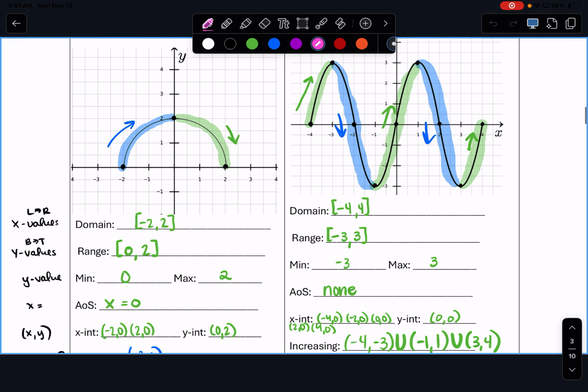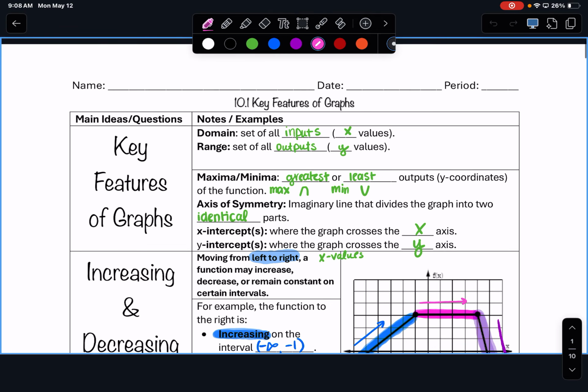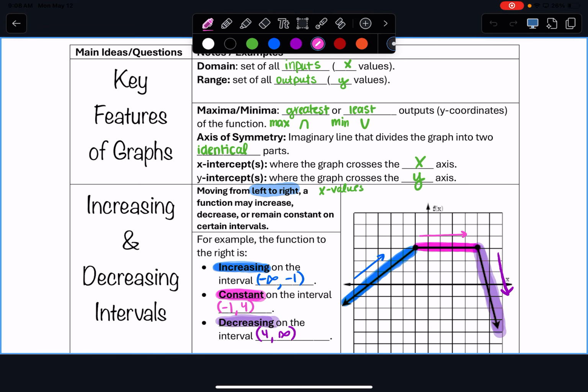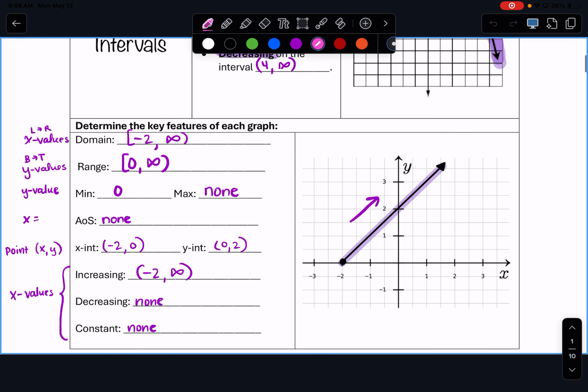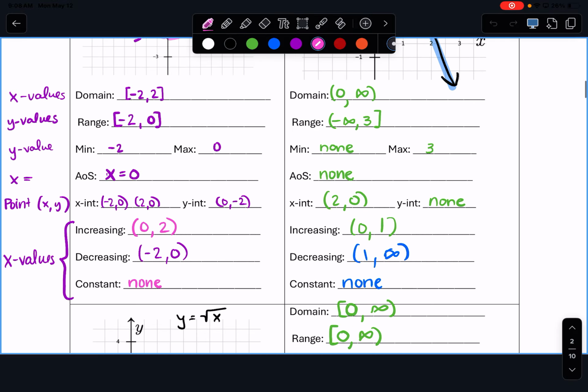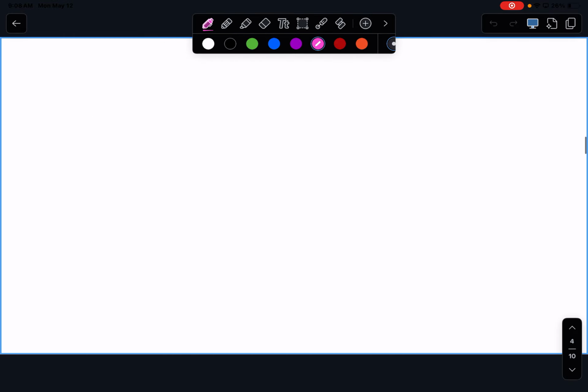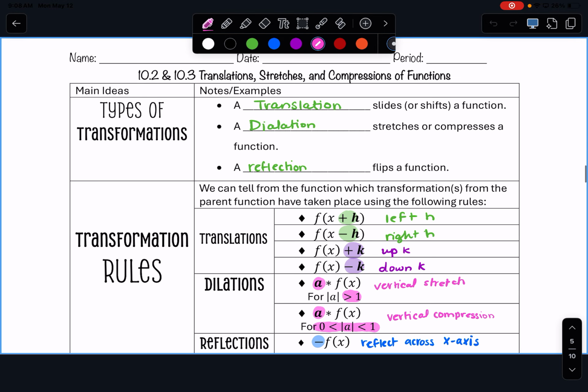So on Thursday, we went over key features of graphs, and we did all these different examples talking about domain, range, intervals of increasing, decreasing, constant, maxes, mins, axis of symmetries, intercepts, x-axis, all that fun stuff, okay? We did a bunch of those examples. We also refreshed a little bit of transformations. So we went back over our transformation rules that we've been talking about all year long,